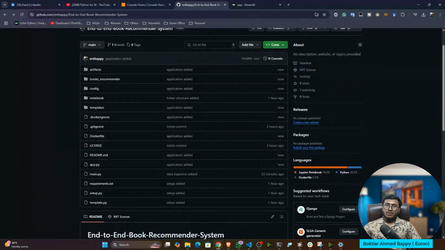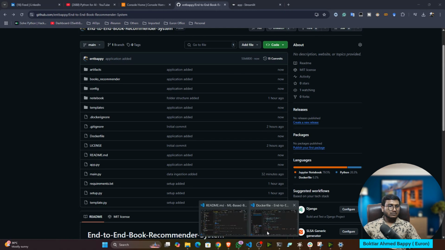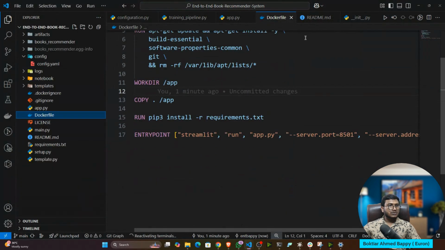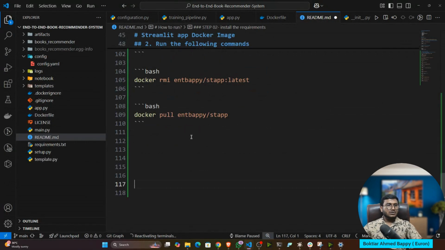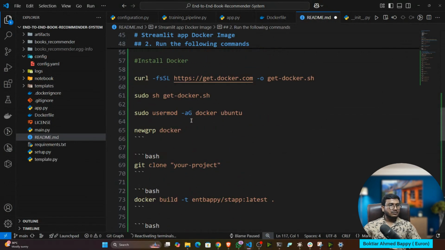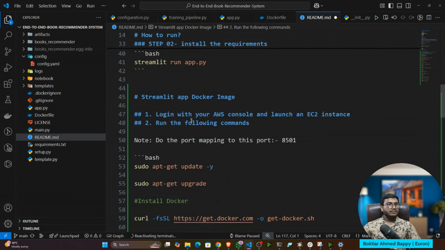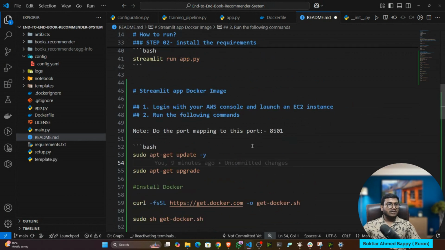And how do we deploy it? Let me show you the steps. In the README file, I will add the steps. So these are the steps to deploy any kind of Streamlit app to AWS.